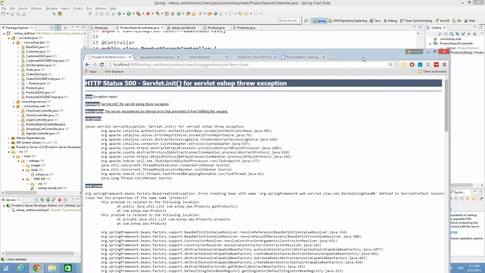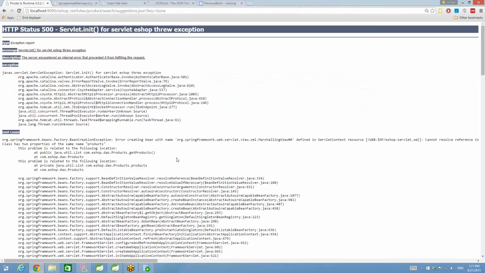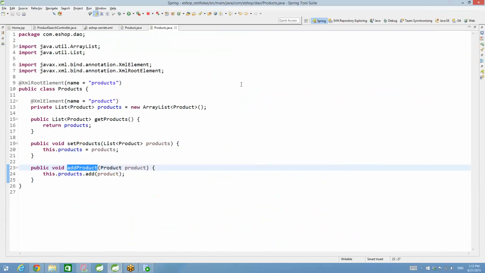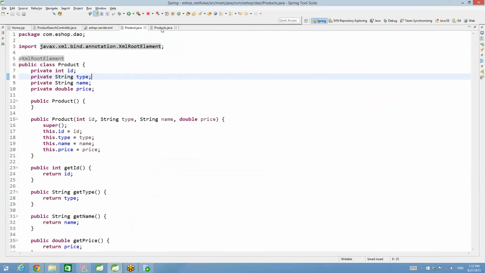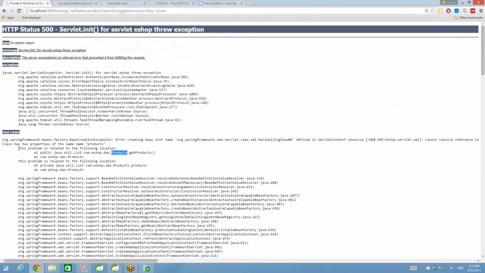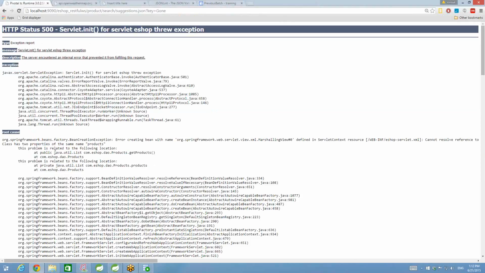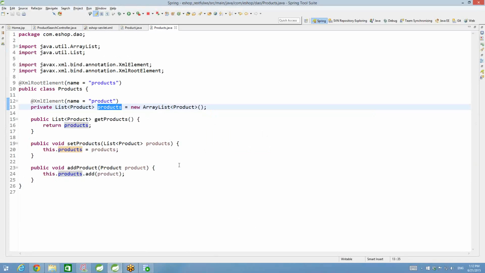Okay, it blew. So you're saying that error creating a bean name marshalling view defined in servlet context, eShop servlet.xml, cannot resolve reference to class as two properties. You have your products. Let's go. See here, class has two properties of the same name, products, see here. So one is Java util list get products. This problem is related to the following. Okay, products dot product. So we will say